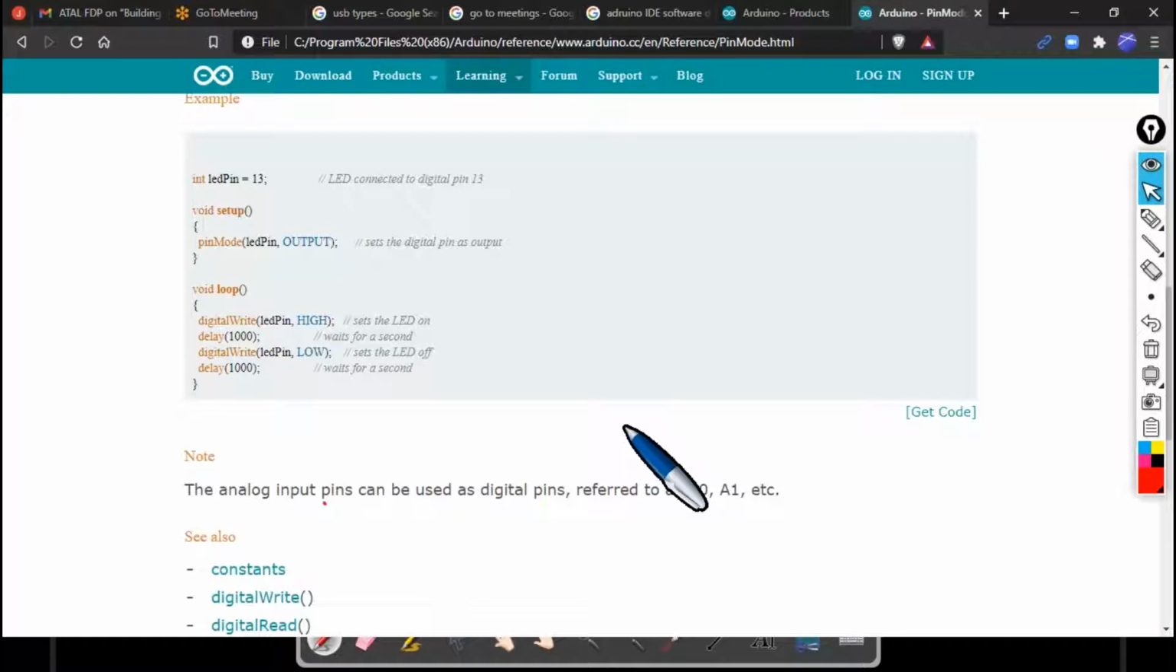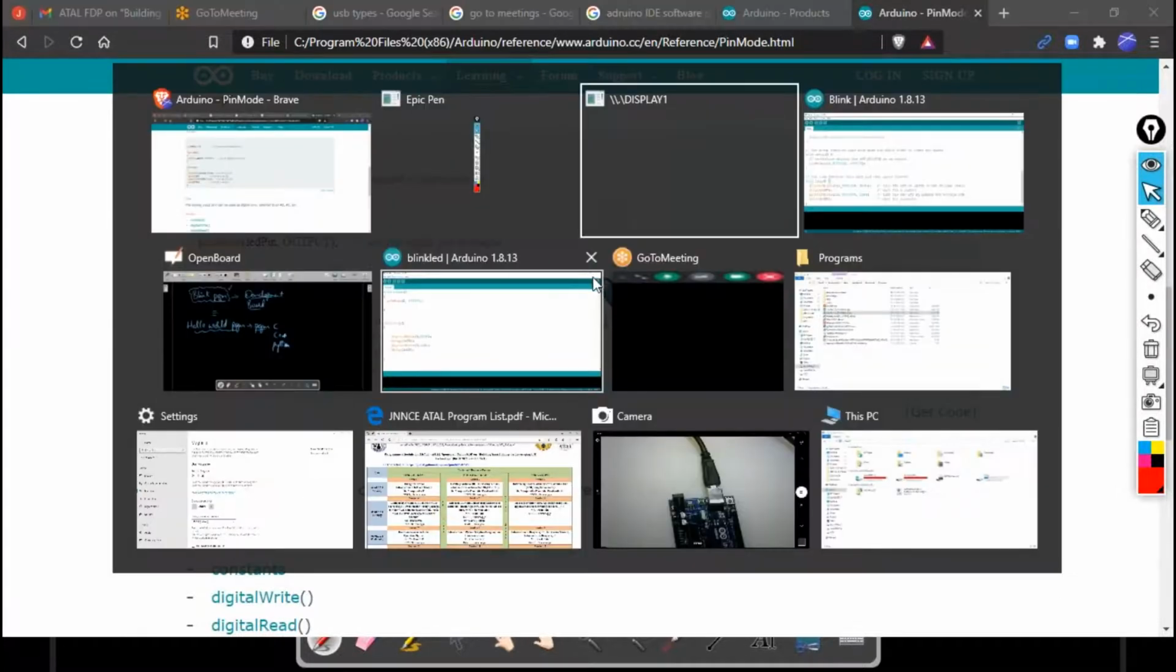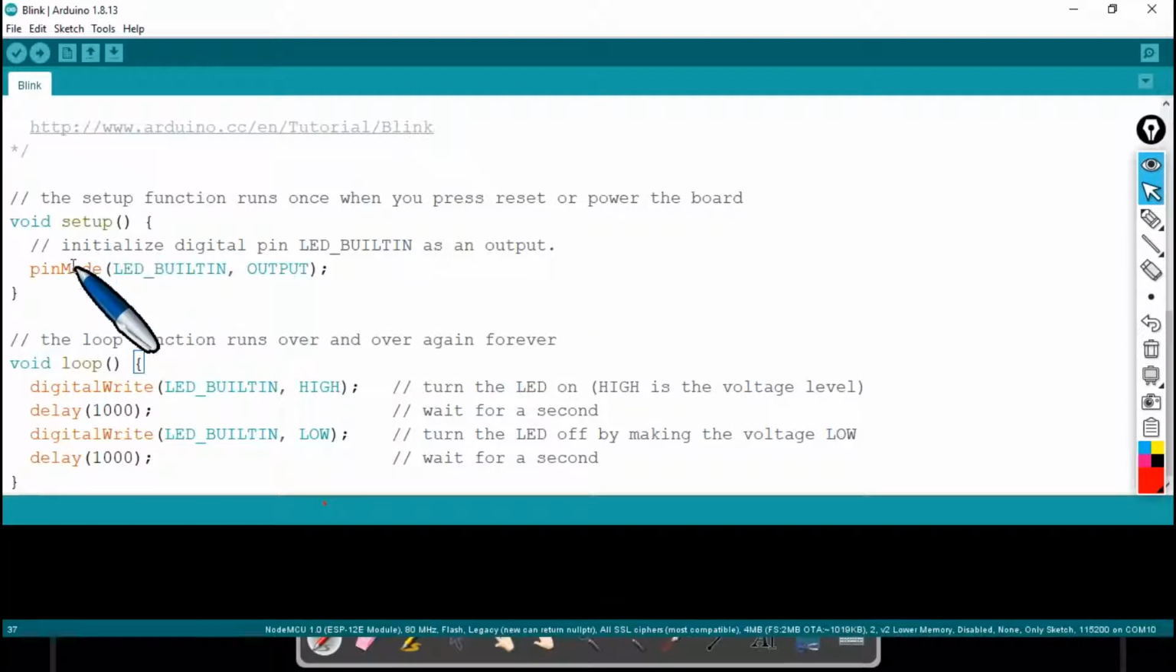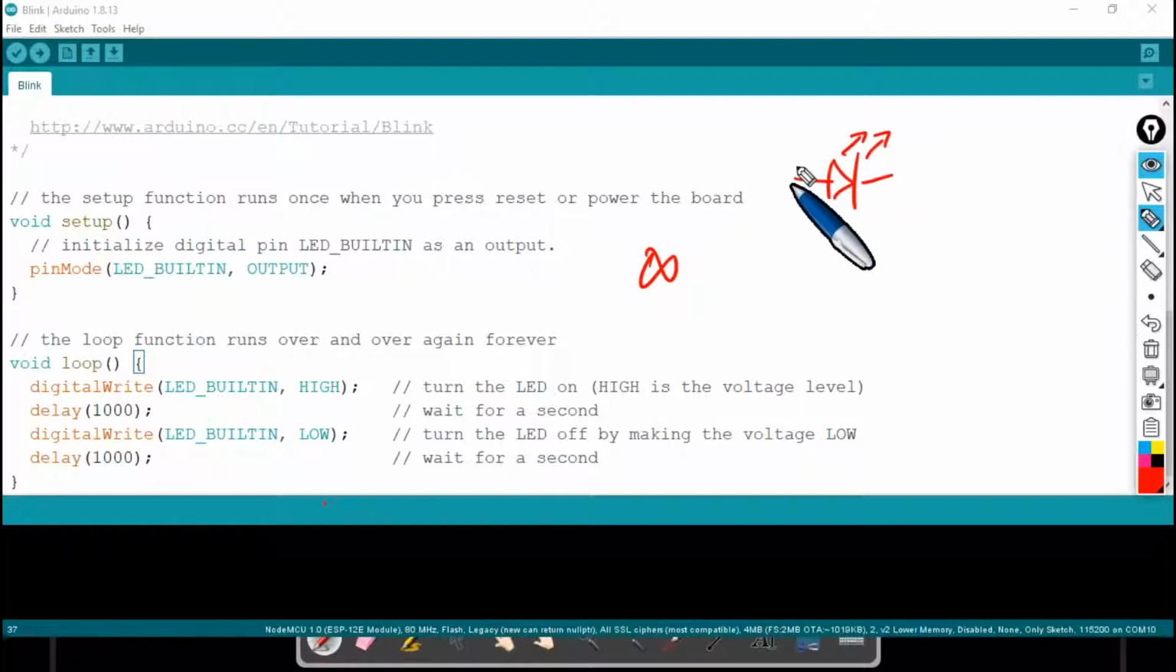But let's get back to our actual program of blink. Now, this is our program. In setup, we have initialized LED built-in as output mode, followed by, because I want my LED to blink continuously or infinitely,